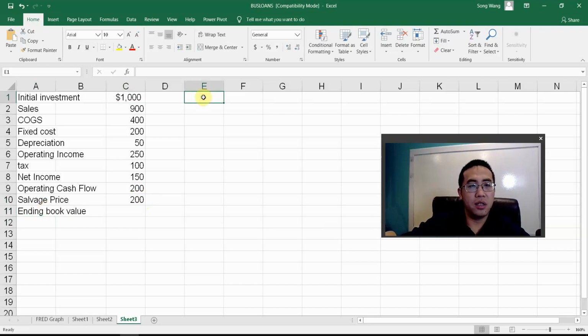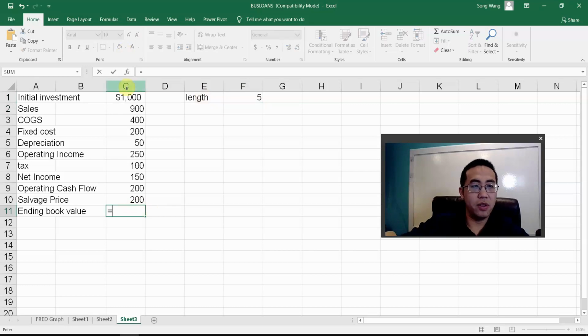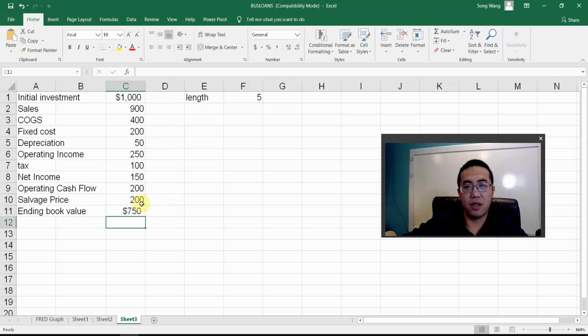Let's say this business has a length of 5 years. The ending book value after 5 years is $1,000 minus 5 years of depreciation, and each year you get $50 deducted. So I still have $750 left, but I'm only getting $200 from salvage of this